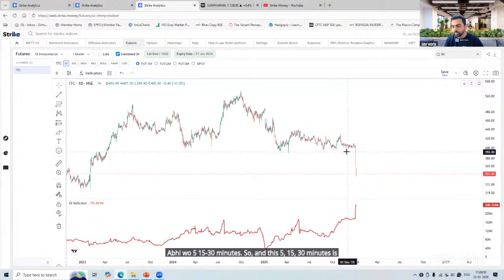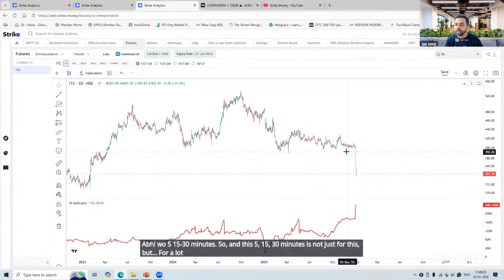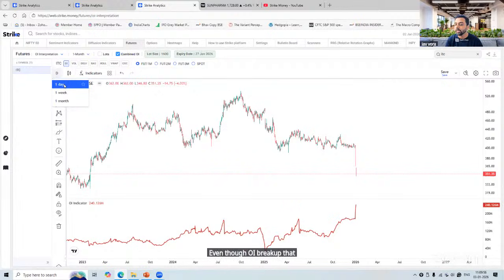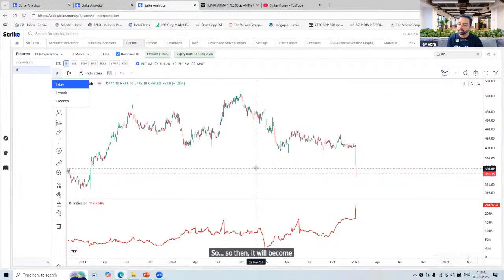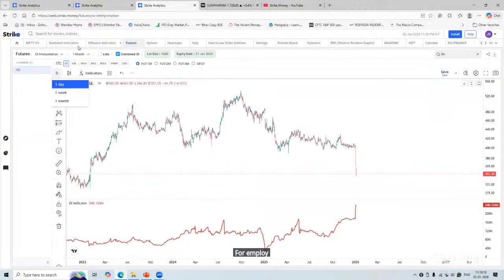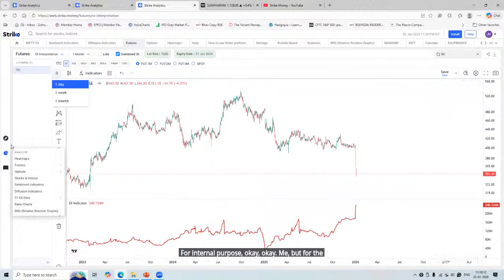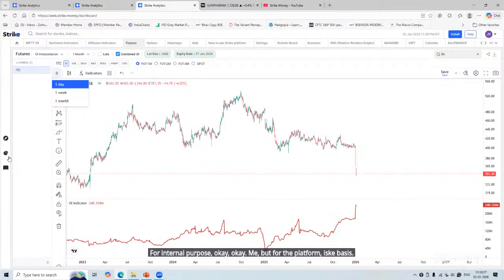And this 5, 15, 30 minutes is not just for this, but for a lot of indicators it will get added. Even the OI breakup that you are seeing only till day, this will get broken down to 5 minute, 15 minute as well. So then it will become a more robust platform even for intraday purposes. ओके। नहीं, बट जैसे अभी जो प्लेटफॉर्म है, इसके बेसिस पे हम किस तरीके से एटलीस्ट